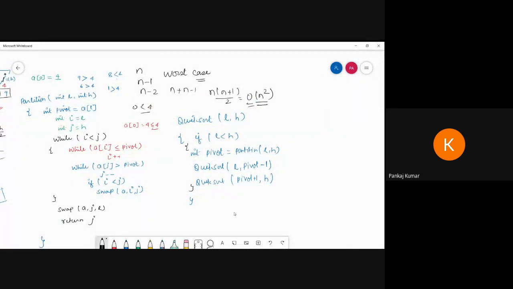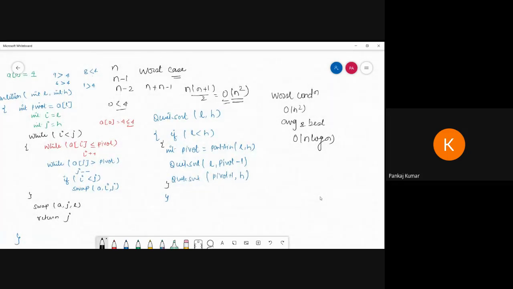In the worst condition, the time complexity of quick sort is order of n squared, and for the average and best case, the time complexity is order of n log n. So they will ask in which scenario we can get the worst condition. We are talking about the different situations or scenarios where we can get the worst condition.